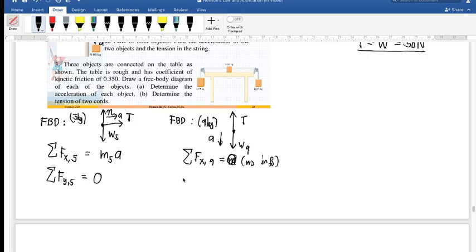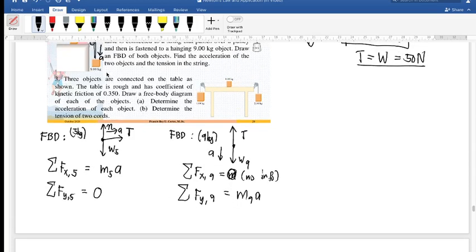How about for the y? So again, it accelerates along y. So this is our coordinate system along y. So the summation of forces along y for the 9 kilogram is equal to mass times acceleration, because it accelerates along y. So we have to use these equations to get the tension in the string